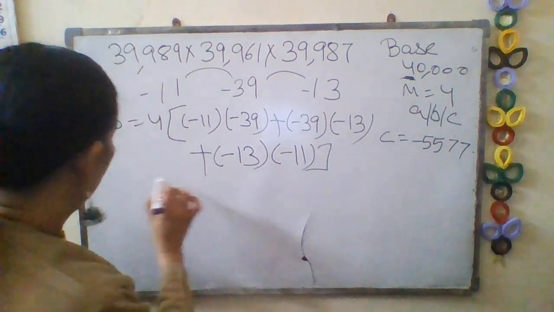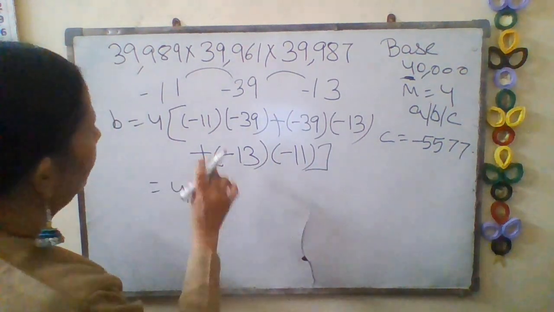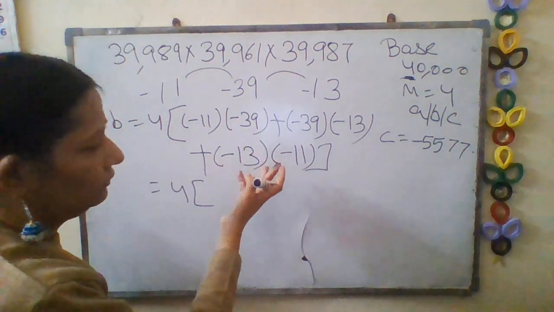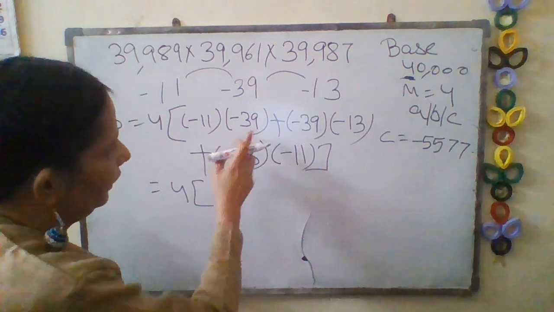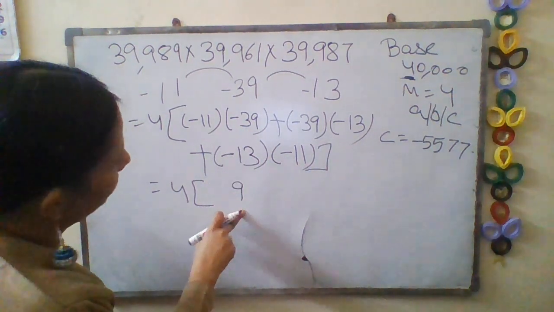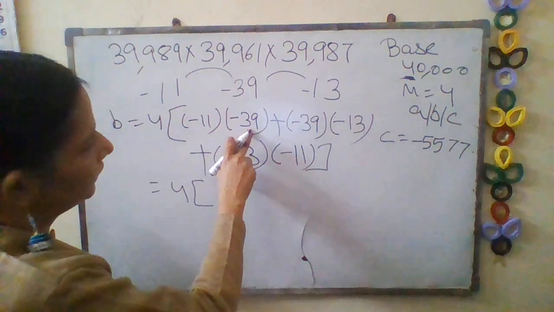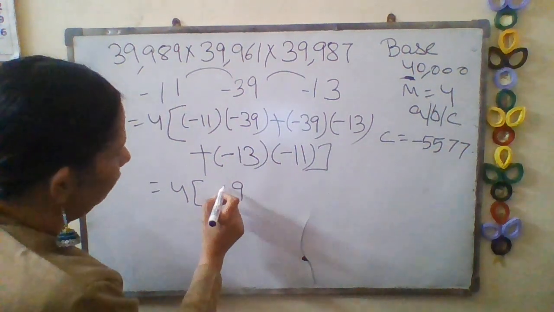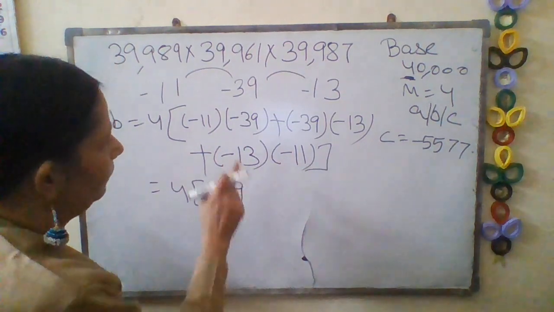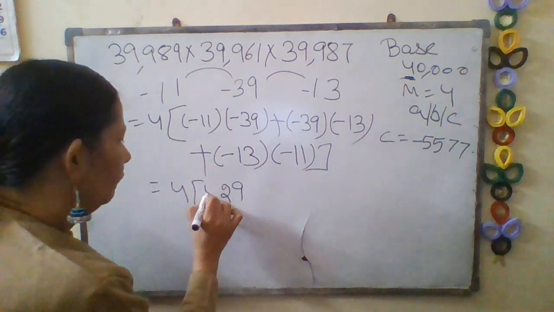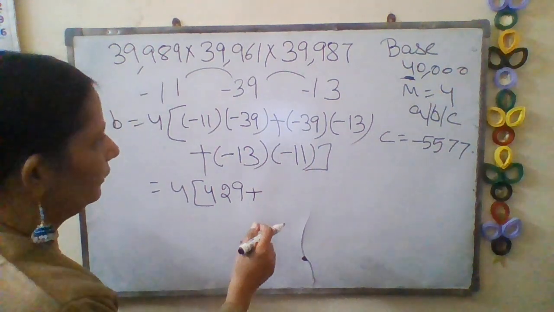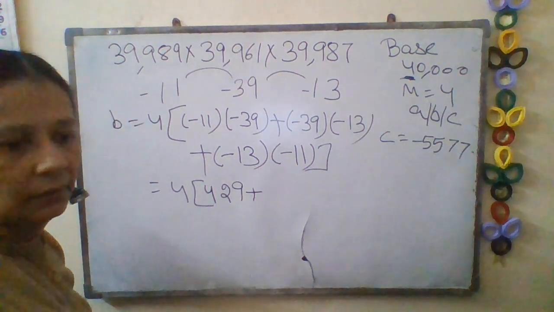Okay, make it close. So 4. Now see 11 into 39. Only to solve this I have made this video. Okay. Now you see last number you will write down as it is. Now you see 3 plus 9. 3 plus 9 is 12. Write down here 2. 1 will be carry forward. 1 plus 3 will be 4. Okay. So you write down this. Now 39 into 13 will be